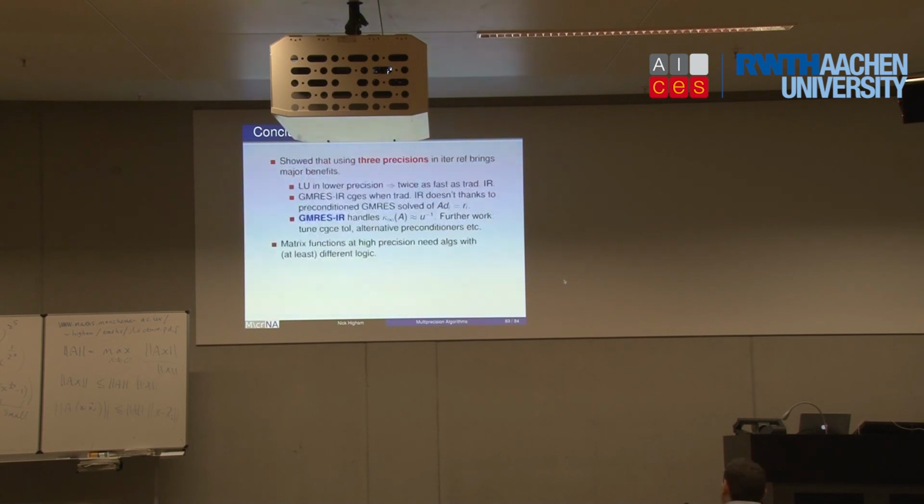Yep. And then we had the idea of using 3 precisions in refinement, hopefully benefiting from the fast early factorization, using GMRes on the preconditioned system. And the thing I didn't emphasize too much was we are able to handle here matrices that are singular to working precision and still solve Ax equals b accurately. So that's a bit surprising.